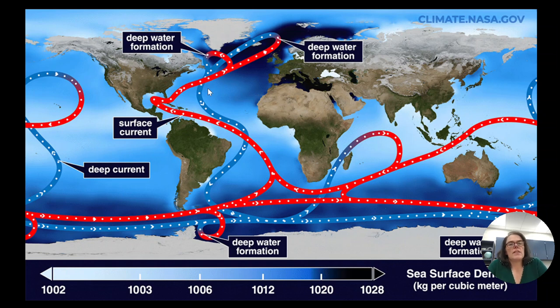Another aspect of this I want you to notice is this warm water comes across and goes all the way over to Europe. Europe has very mild weather, climate, relative to its latitude. And so where we have over here at this given latitude a temperate climate, they have the same temperate climate, even though their latitude is farther north.